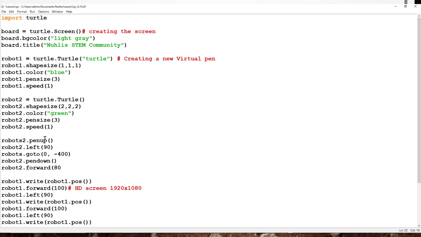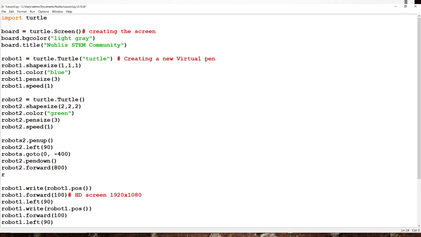I will just make it move 800 pixels upwards, and after that I will tell robot2 to write